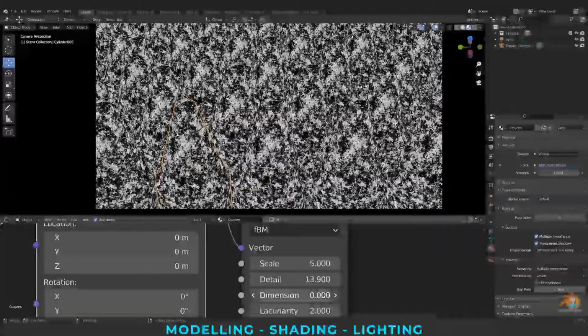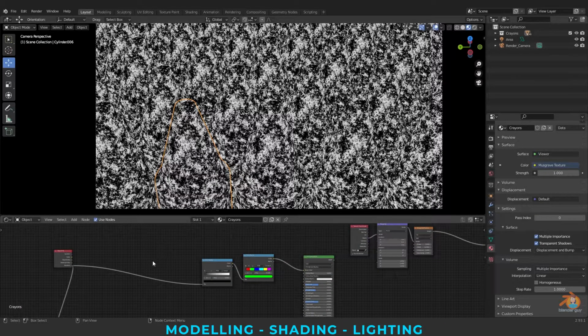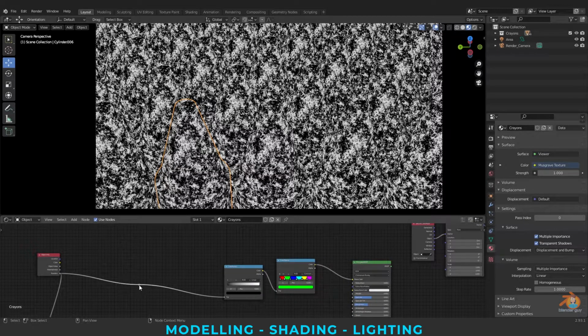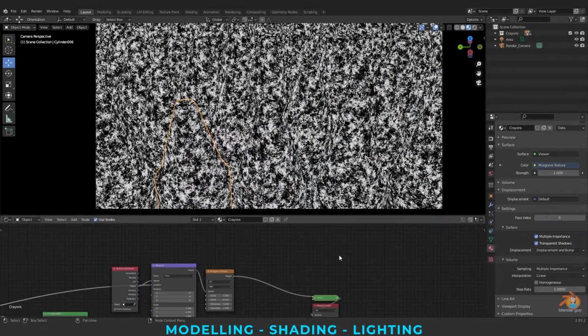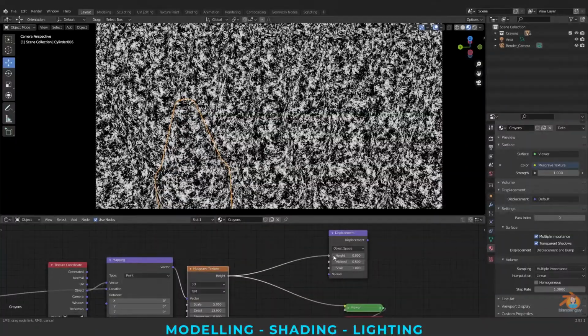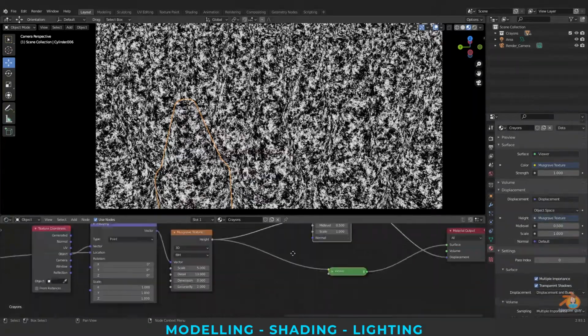Again, it's a pro tip. I'm shift and right clicking on the curve, and I'm going to connect this random to location as well, so that it will be random here also. And taking a displacement node, shift A, displacement, and connecting this height to height and displacement to displacement.